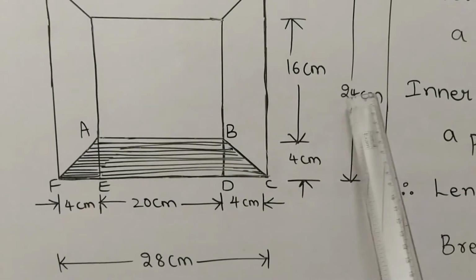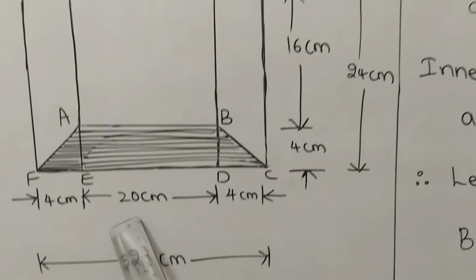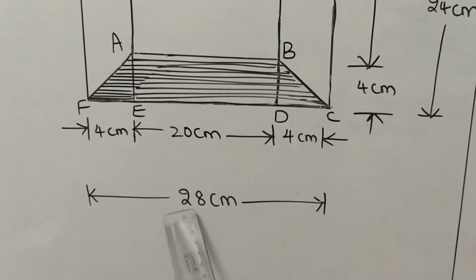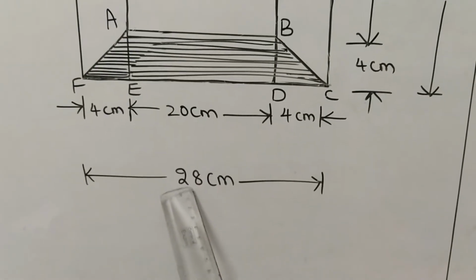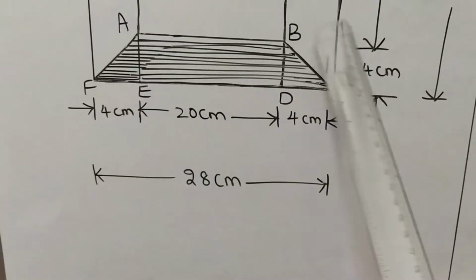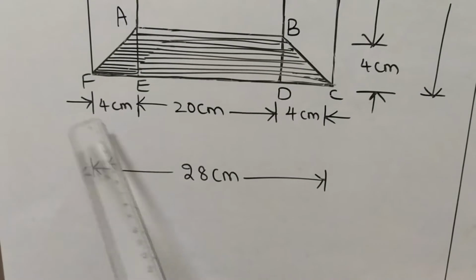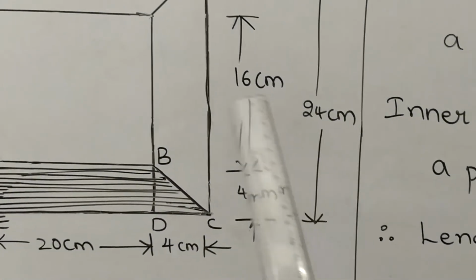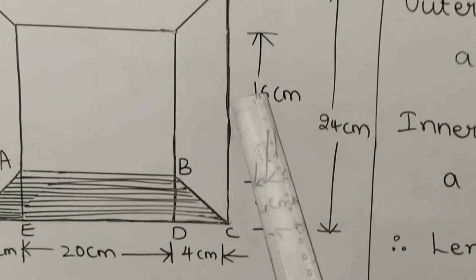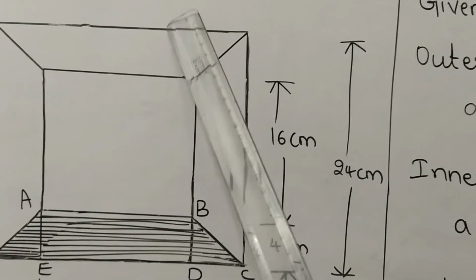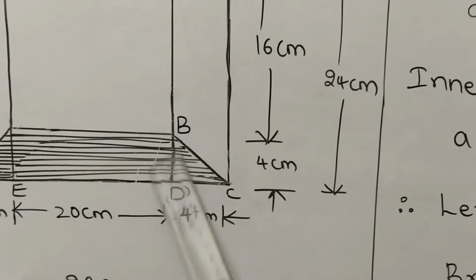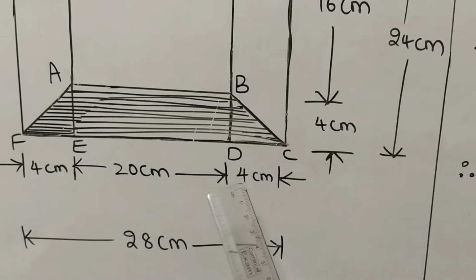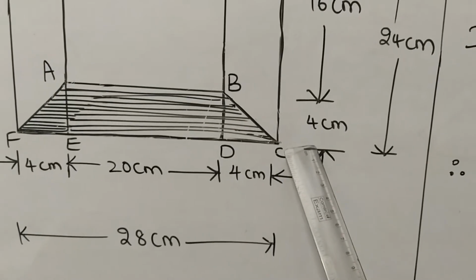Now first see at the bottom, students. Here 20 means how much is remained from 28? 8 will be remained. So here the width on both sides is the same, nothing but this is 4 centimeter and this is 4 centimeter. Similarly here, out of 24, if we remove 16, 8 will be remained, nothing but this is 4 and this is 4 compared to the outer part. So here we are taking 4 centimeter, 4 centimeter, here also 4 centimeter.